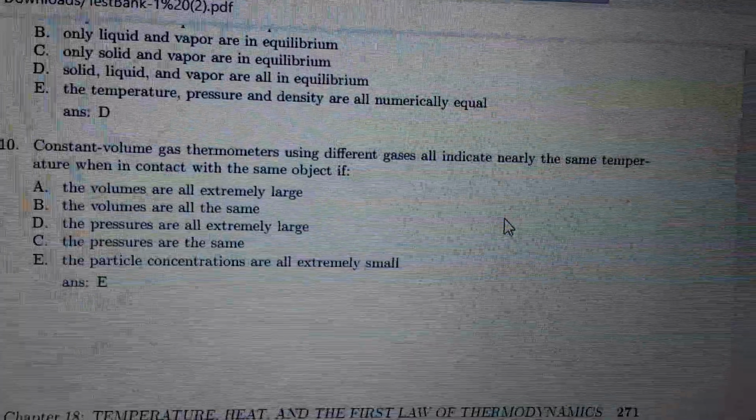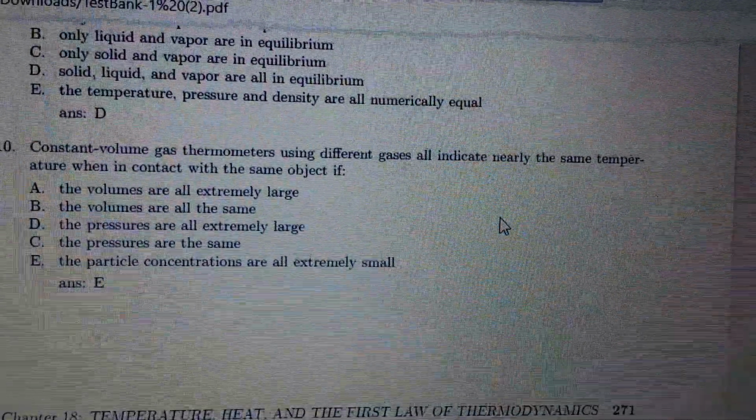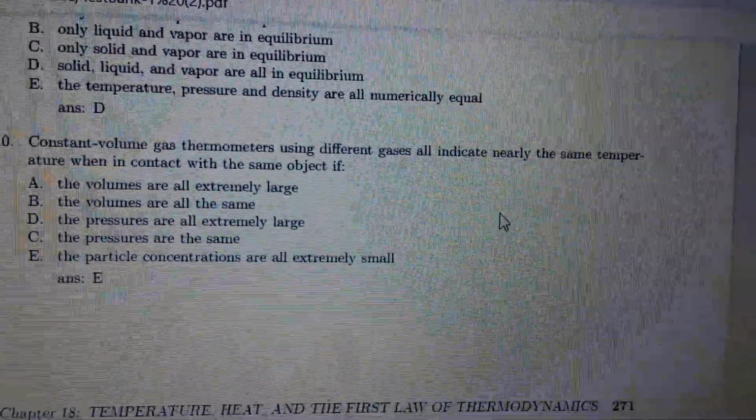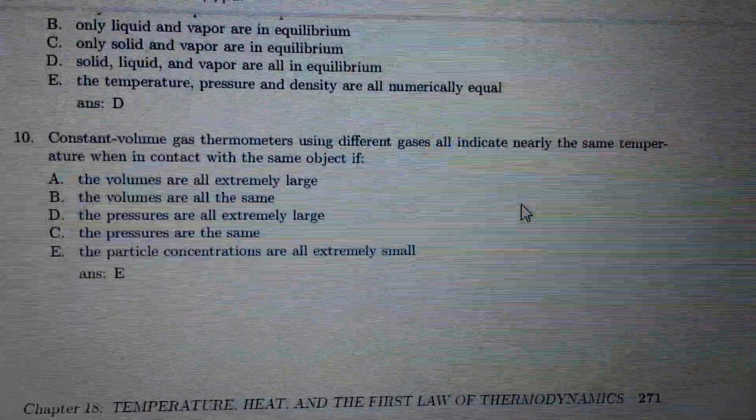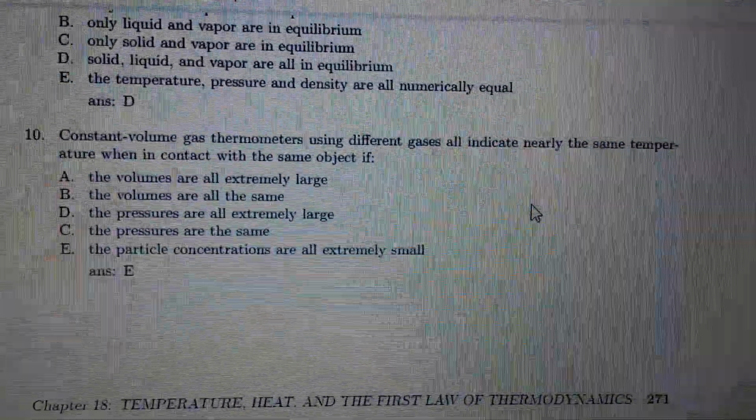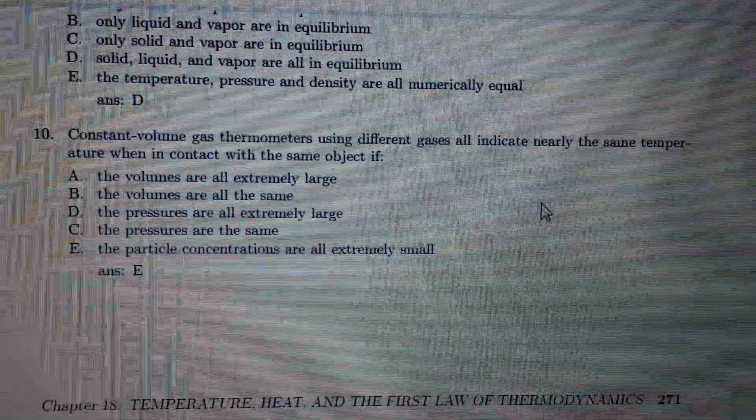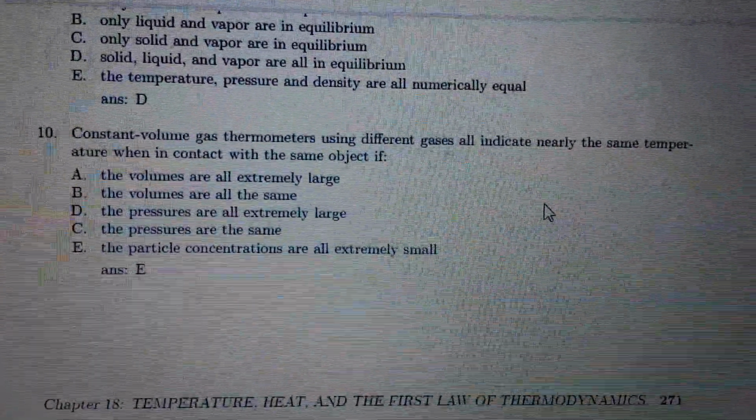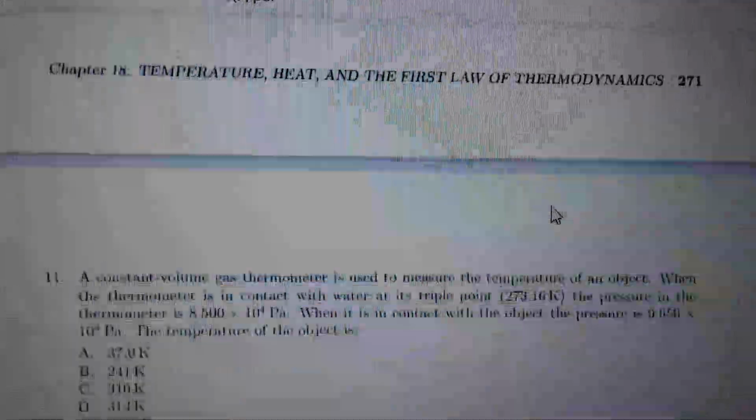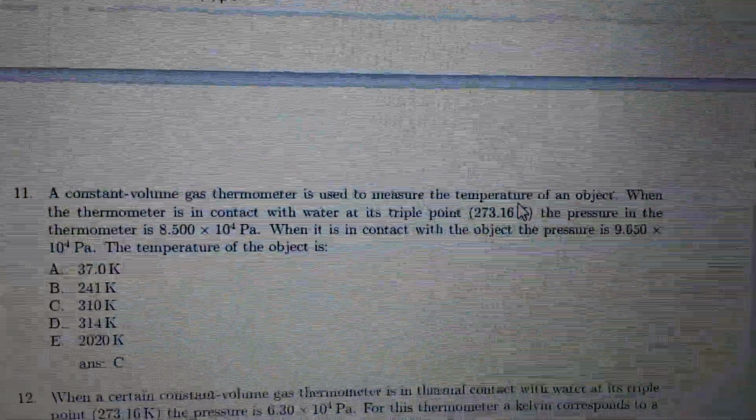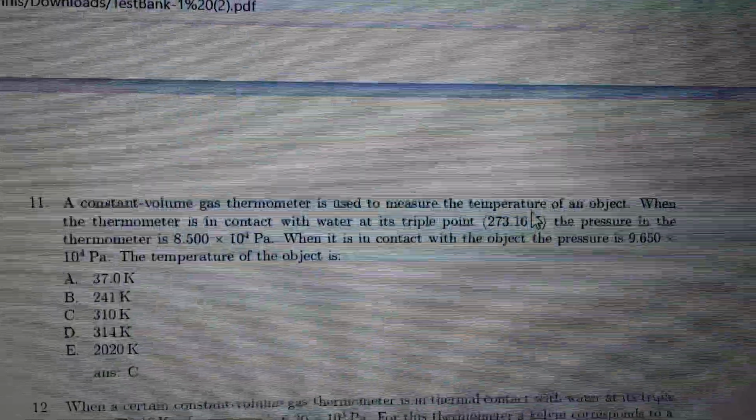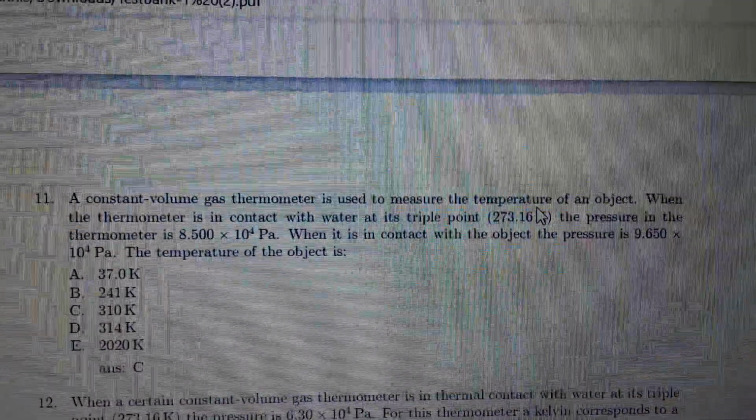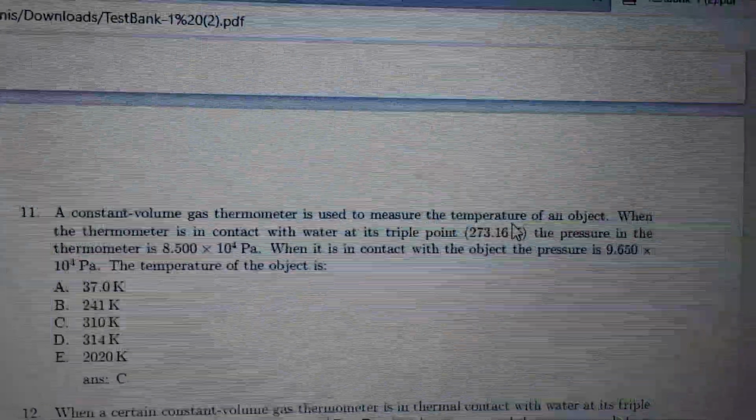Constant volume gas thermometers using different gases all indicate nearly the same temperature when in contact with the same object if the particle concentrations are all extremely small. E. A constant volume gas thermometer is used to measure the temperature of an object. When the thermometer is in contact with water at its triple point,